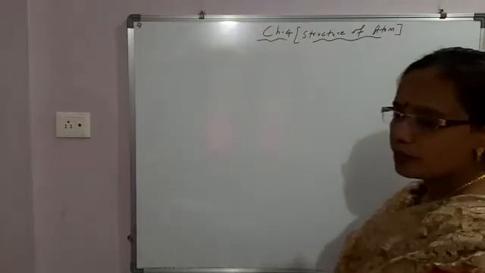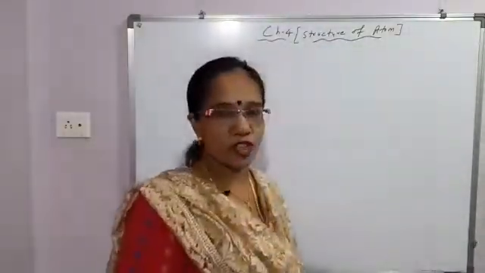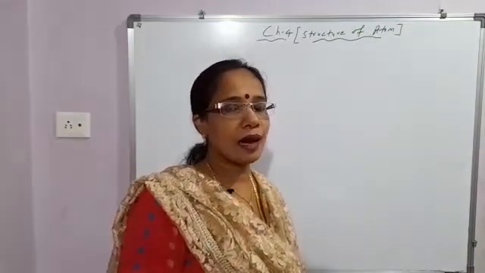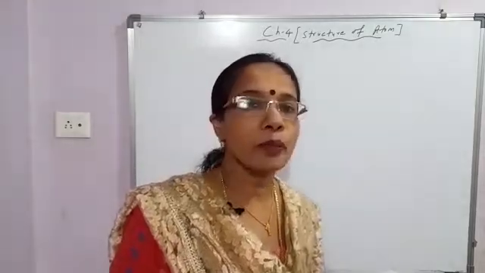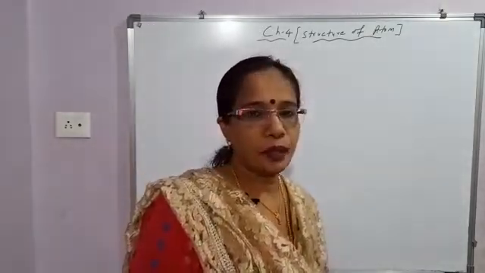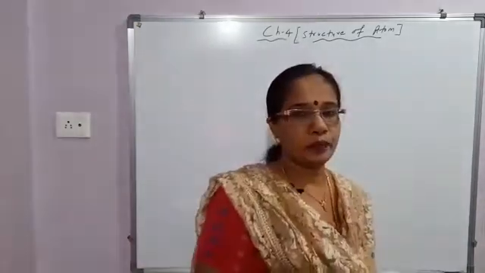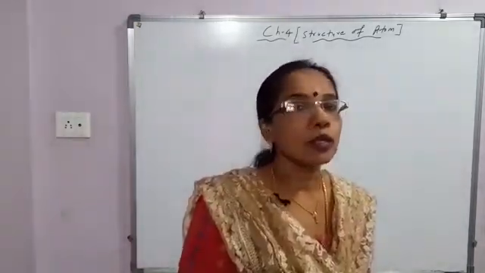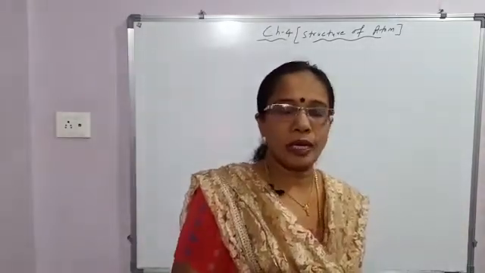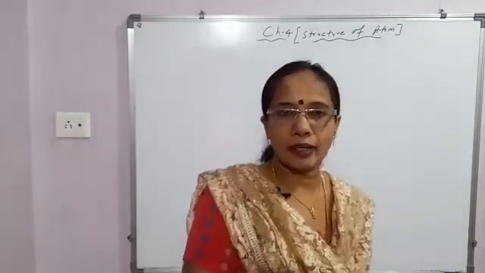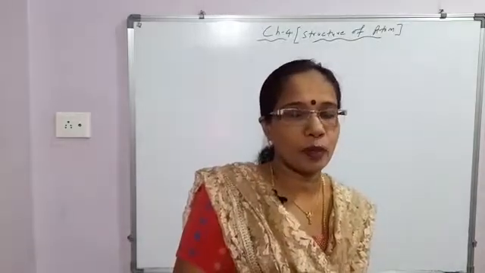Good morning, dear students. Today we will continue with chapter 4, Structure of Atom. Students, in the last class we discussed the discovery of the electron, proton and neutron. Who discovered the electron? J.J. Thomson. Who discovered the proton? Goldstein. And who discovered the neutron? Chadwick. Okay. The discovery in detail is not required. It is not in your syllabus, although I explained it in the last period.